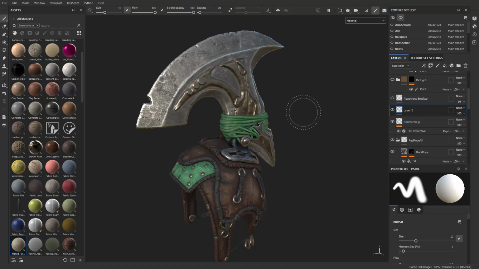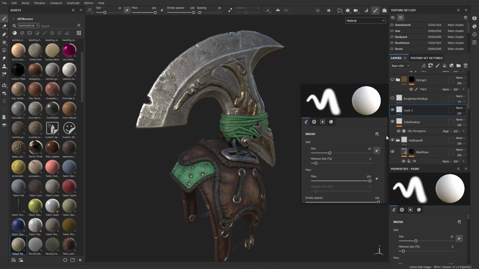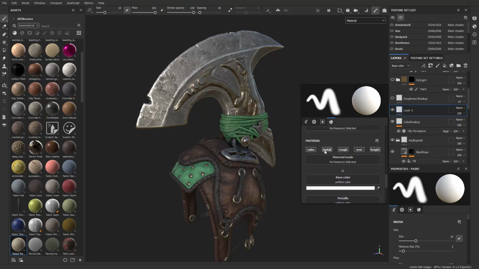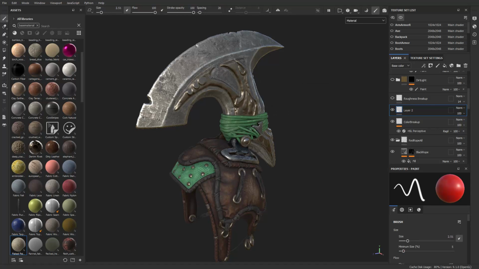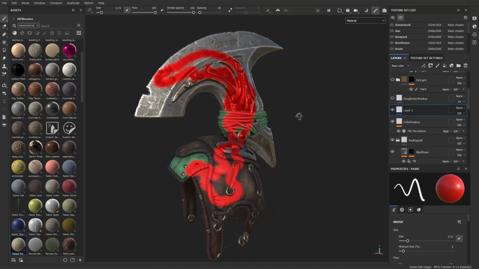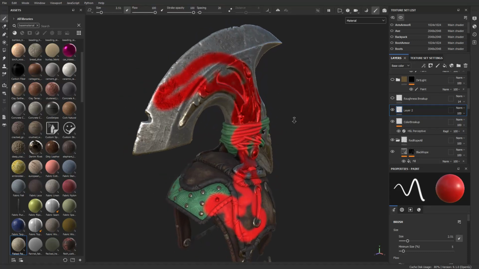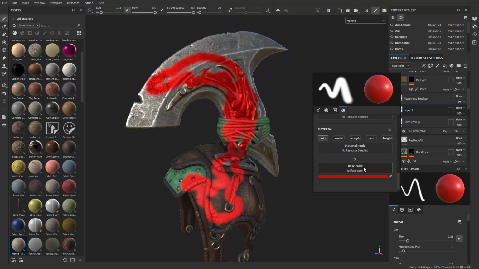And you can paint with multiple properties too. If I right click in here and scroll all the way down, you'll see I have different channels I can turn on for this layer. So if I just want to paint with color, I'll turn off metal, roughness, normal, and height. I'll choose a color, and now on top of everything, I can just paint. Here's red color, and you can see as I'm painting across the different material properties, when I'm painting on the metal, it's turning to a metallic color. As I'm painting on the rope, it's changing to a fabric red color,